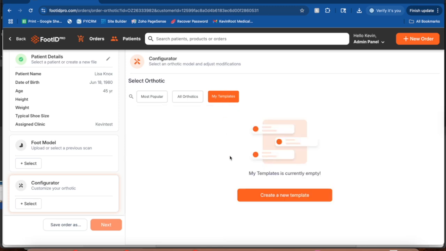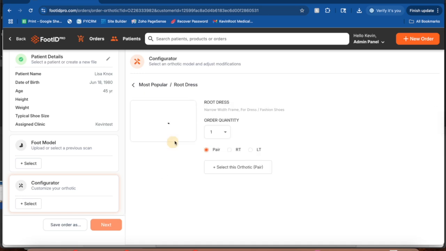This is if you have a set group of modifications that you like to put on many or all of your orthotics. This makes it easy for you to customize once and then come back and grab your template each time you want to place an order. For this tutorial, I will select the root dress. I'm able to choose the quantity I'd like, let's say 4,